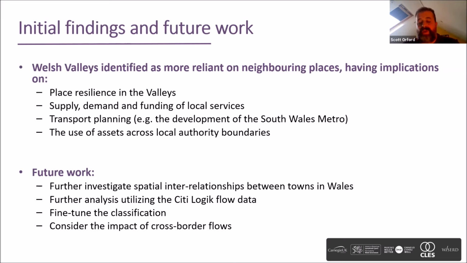We've recently done some work creating travel time metrics from each place, so we know how easy it is to get from one place to another. As the previous map showed, we've simply linked the places using straight line distances in the valleys, and we know that's a big no-no, knowing the topology of the valleys, that you can't simply go from one to another; it's not that easy. So we are calculating travel time as a way of weighting our spatial weights in our statistics. We're also looking at public transport with Gary Higgs. So there's a lot more to do, but this was just an initial deep dive into the data.